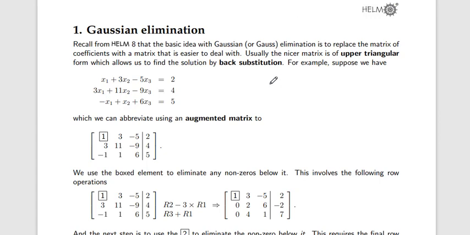In the last lecture, we discussed Gaussian elimination and how to solve linear equations with the help of the elimination method, and how to convert a matrix or linear equations into an augmented matrix. Then, after some mathematical steps, we transform them into an upper triangular matrix, and after completing the upper triangular matrix, we find the solution by back substitution. That's how we find the solution of linear equations.